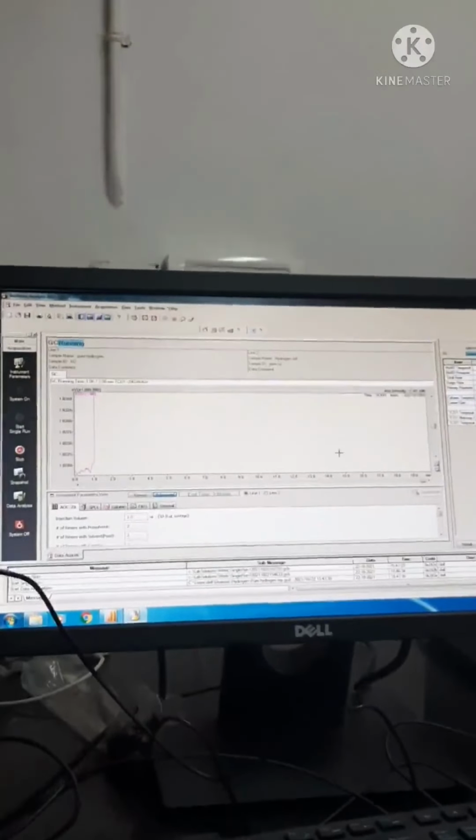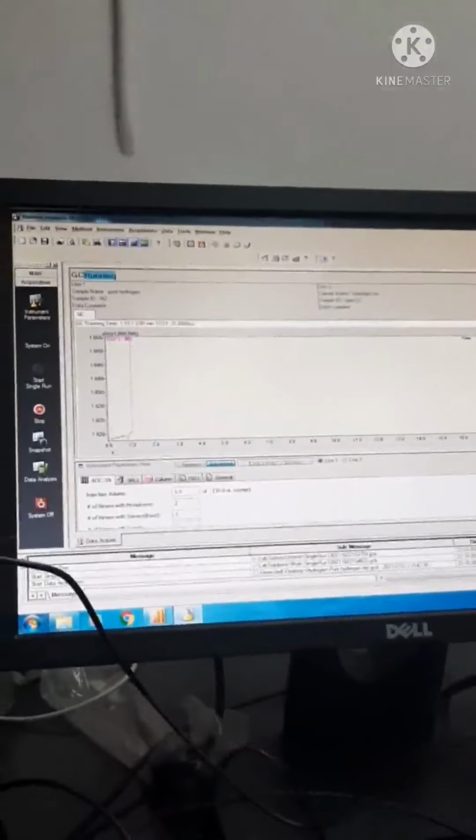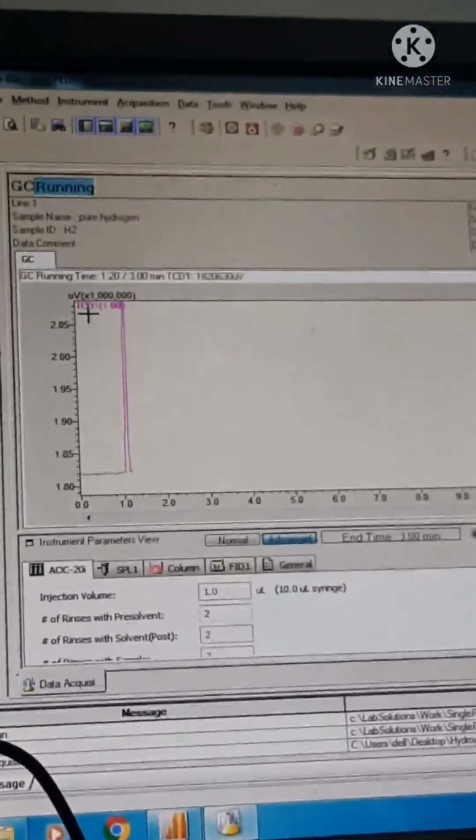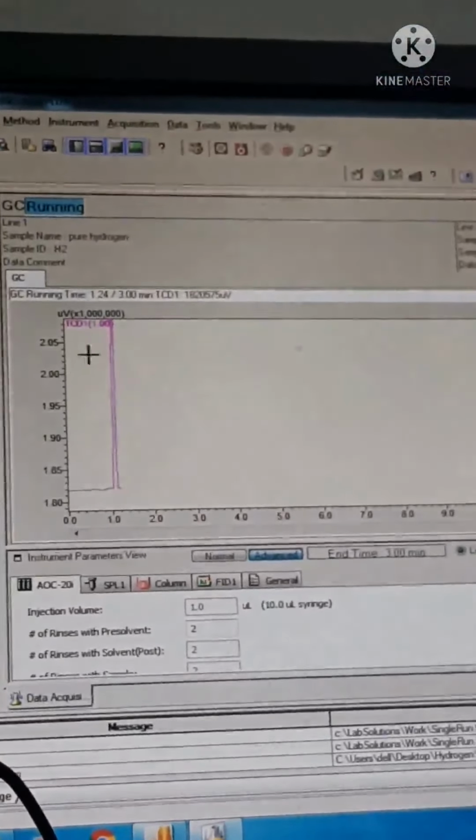Yeah, this is the peak coming up. This is for the pure hydrogen. You see one bigger peak is coming up at the retention time around 1. So this is our pure hydrogen sample peak, the signature peak for this